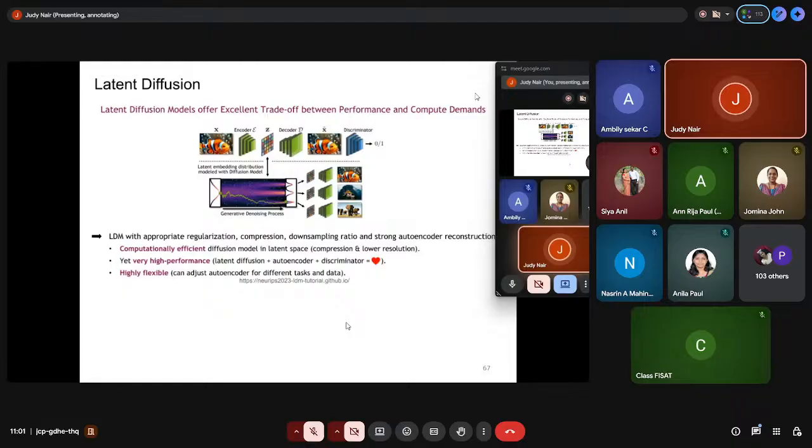So here what people do is, in a latent diffusion model, instead of running diffusion on raw pixel-based images, we can run it on a compressed latent space, because we know a latent space is just a representation of the original image, or it learns the entire data distribution. They say the diffusion model can run on this compressed latent space.